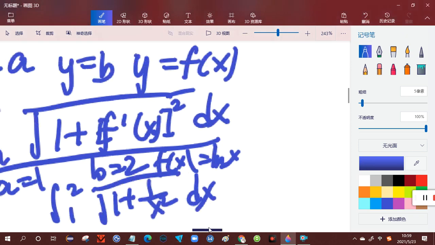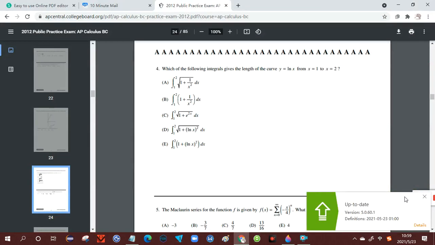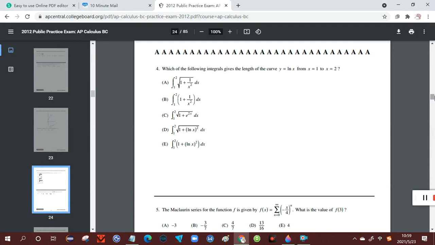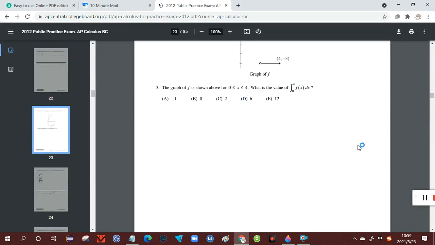Okay, so this is the answer for problem 4. Now let's look at problem 5. Problem 5 states that the Maclaurin series for a function is given by this, and we are required to find the